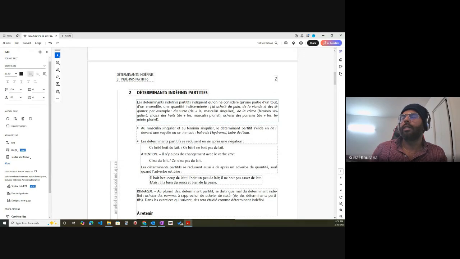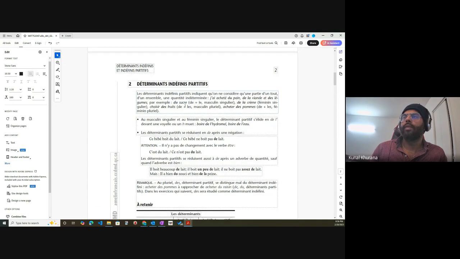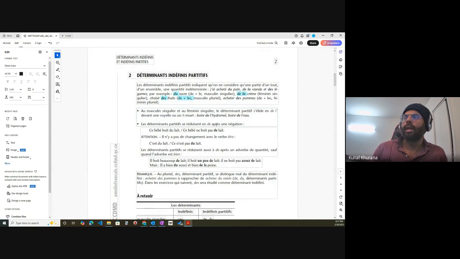And now we'll discuss here participes that we have done. The du is the contracted form of the plus le masculine. Feminine does not change. It is as is the la only, and the le becomes the des. So it could be masculine or feminine. If it's plural, it becomes des, no matter which one. And we also studied that this one,